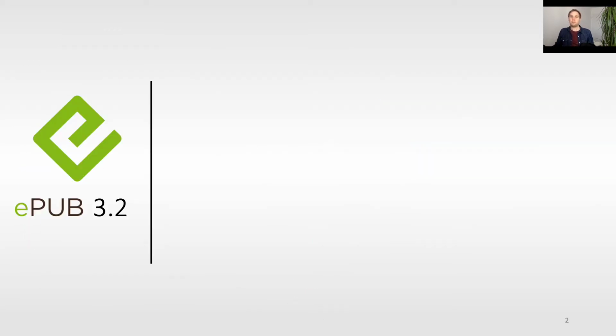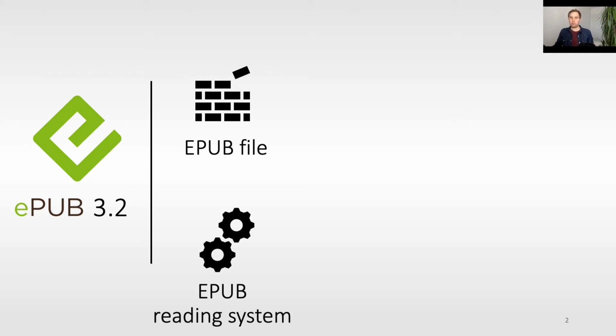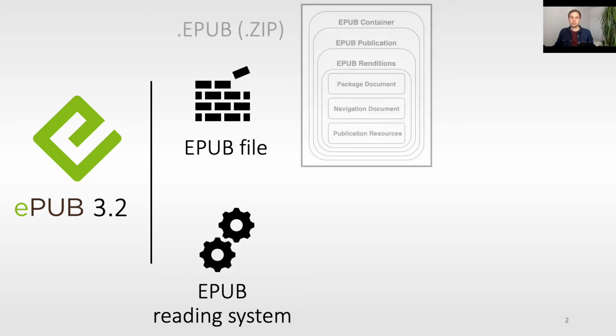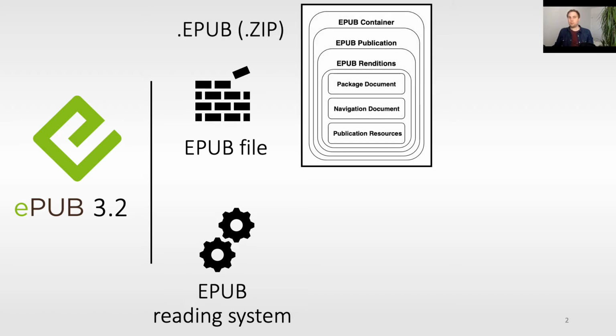Now let's have a look at the specification. Here I'd like to focus on two main parts, being the architecture of Epub files and the way applications are supposed to render Epubs. These applications are called Epub reading systems. The specification describes an Epub as a zip archive with an internal predefined structure. This zip archive contains all the necessary information to represent the ebook, most importantly, the actual text and imagery included by the author. But how is this content represented?